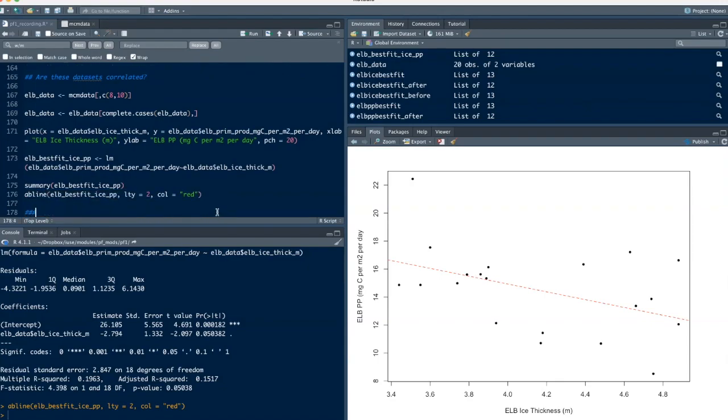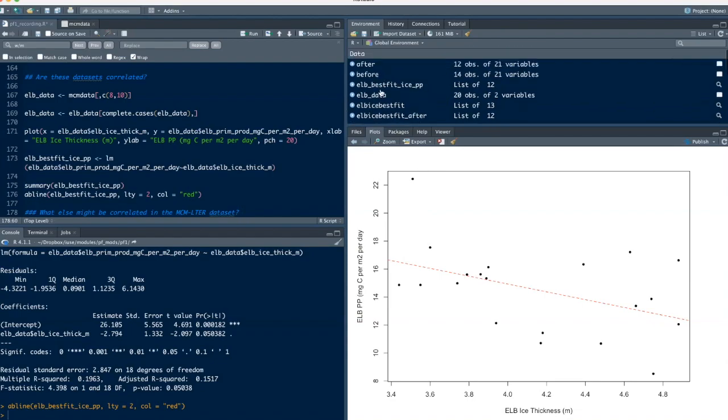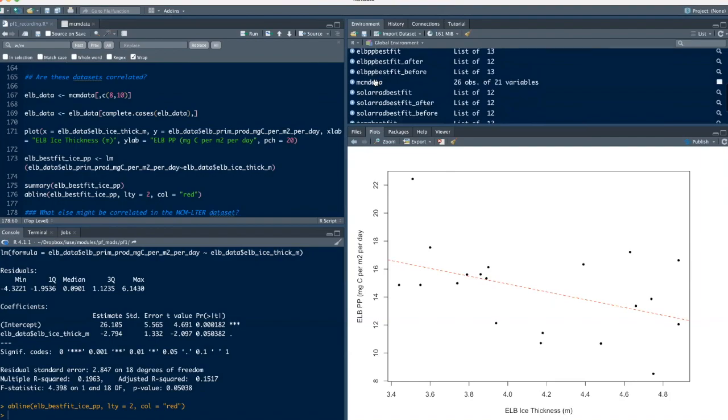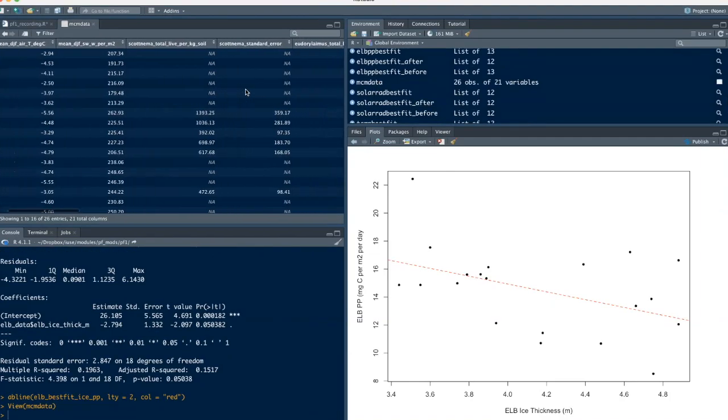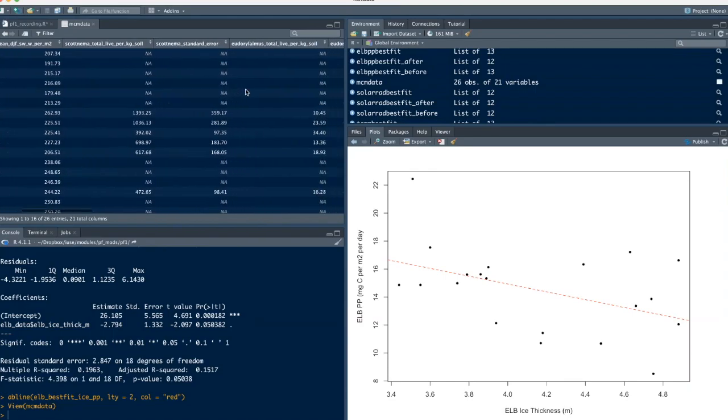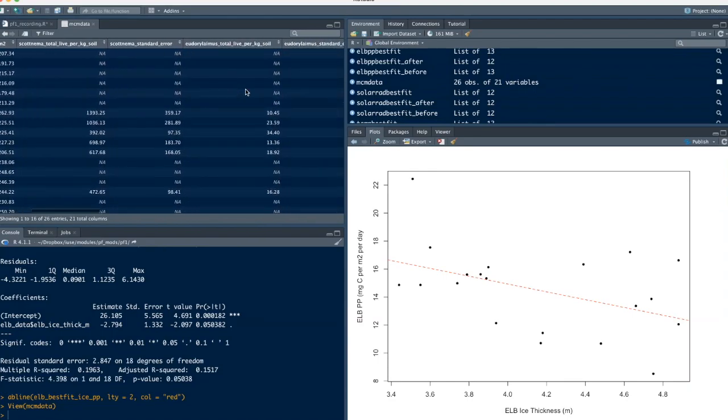And so the question that I want to leave you with is, what else might be correlated? What else might be correlated in the McMurdo long-term ecological research data set? And so your challenge for the extension here is to look through the MCM data and use the tools that we've generated for generating multiple plots, plus or minus with breakpoints in them, and to look for correlations between some of our